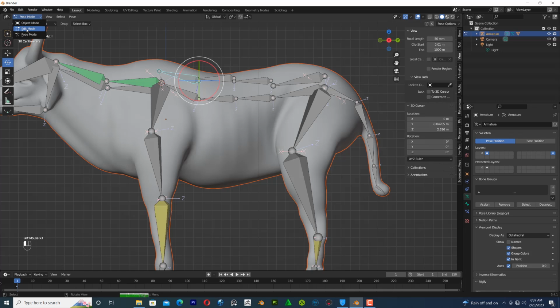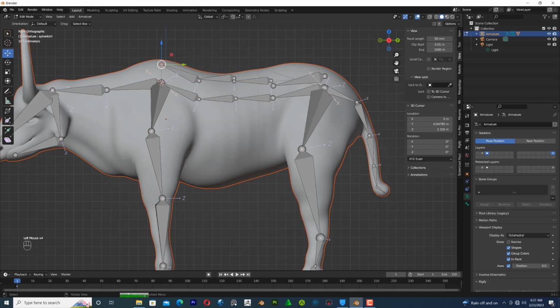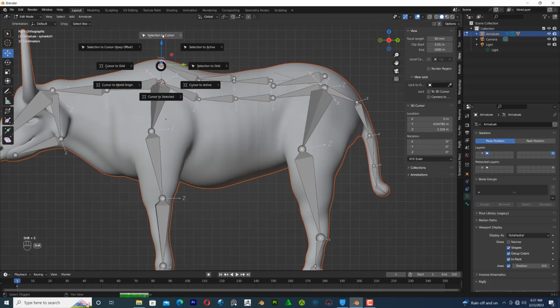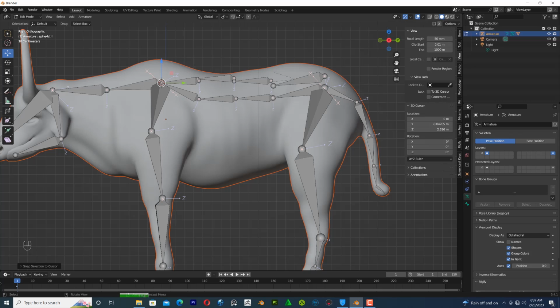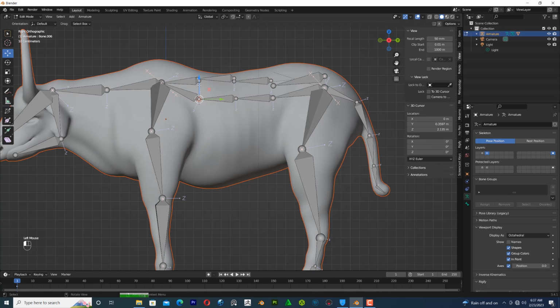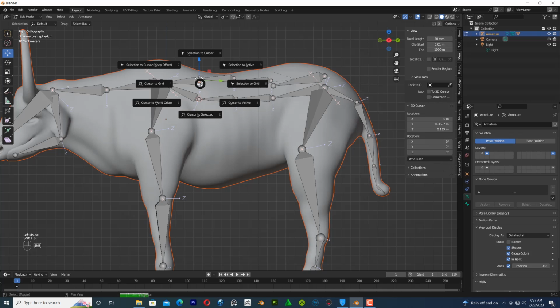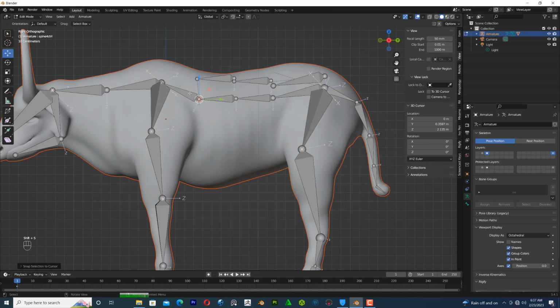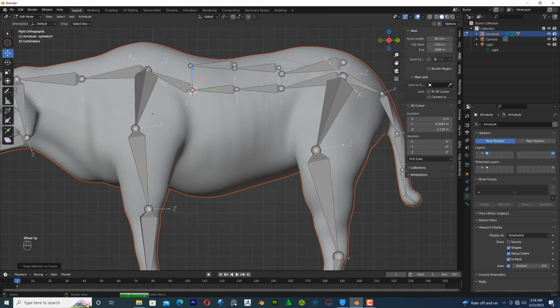Come to the edit mode here. Select this one, Shift S, selection to the cursor, and this one is Shift S, cursor to the selection, and this pawn here, Shift S, selection to the cursor, and I will select